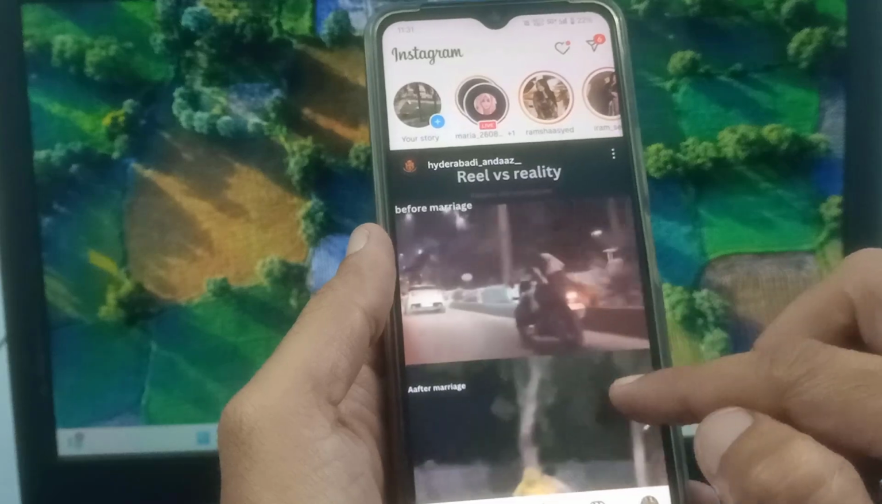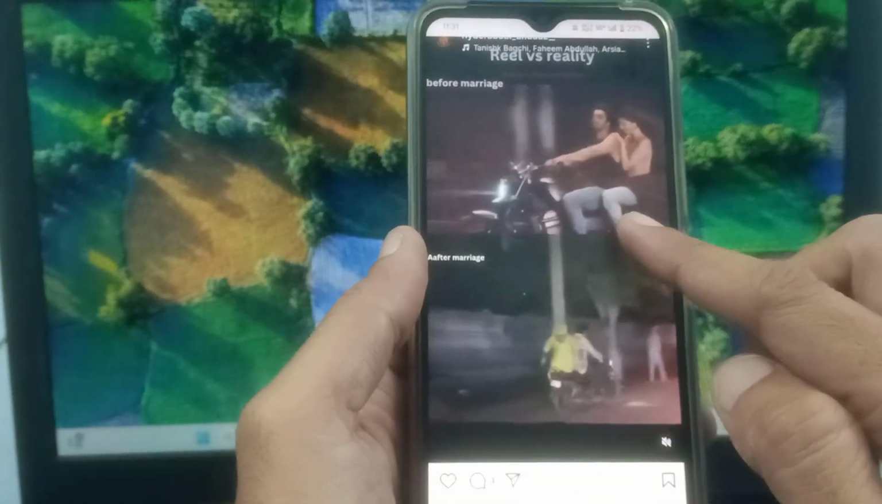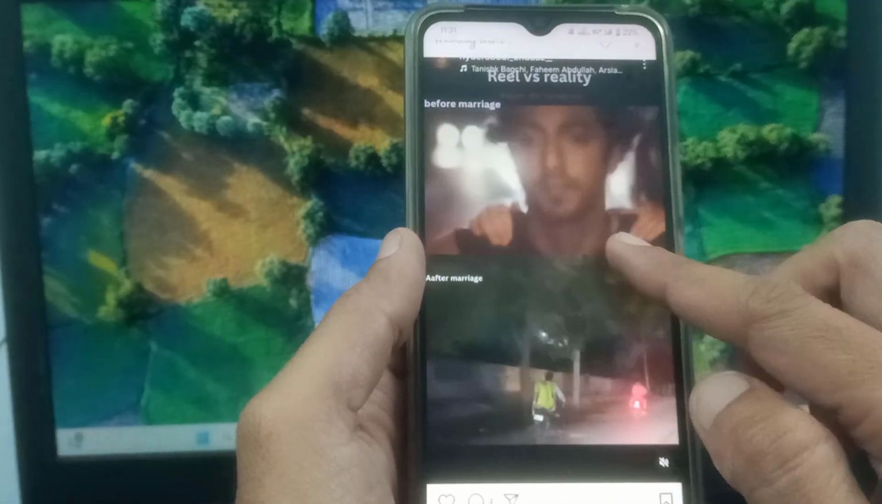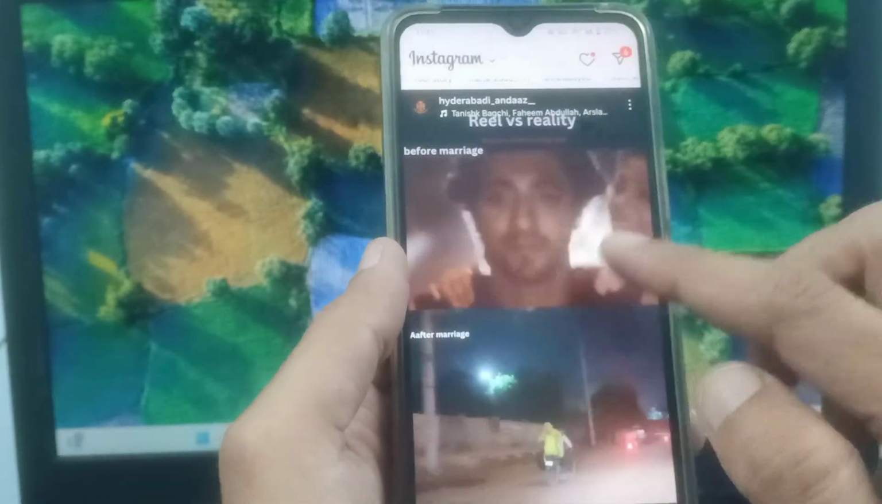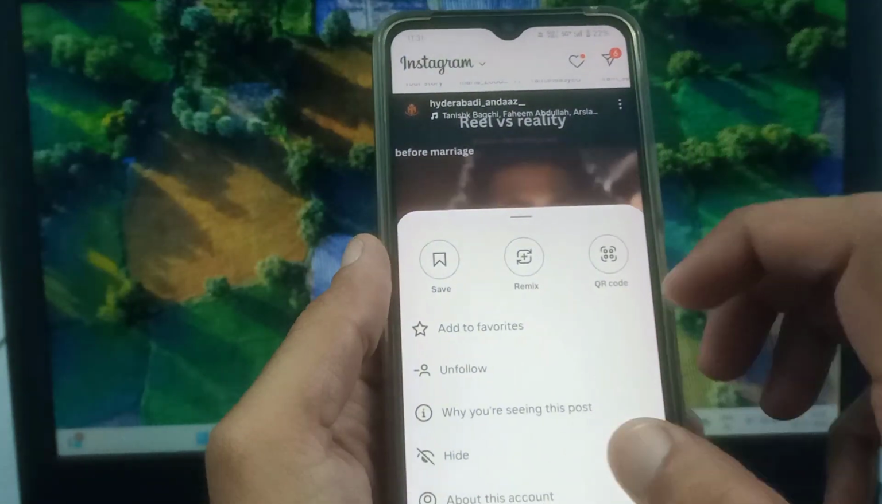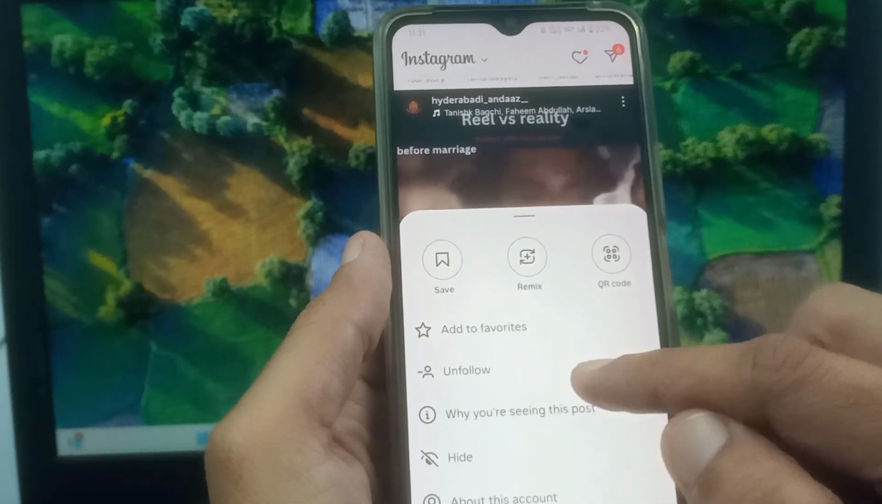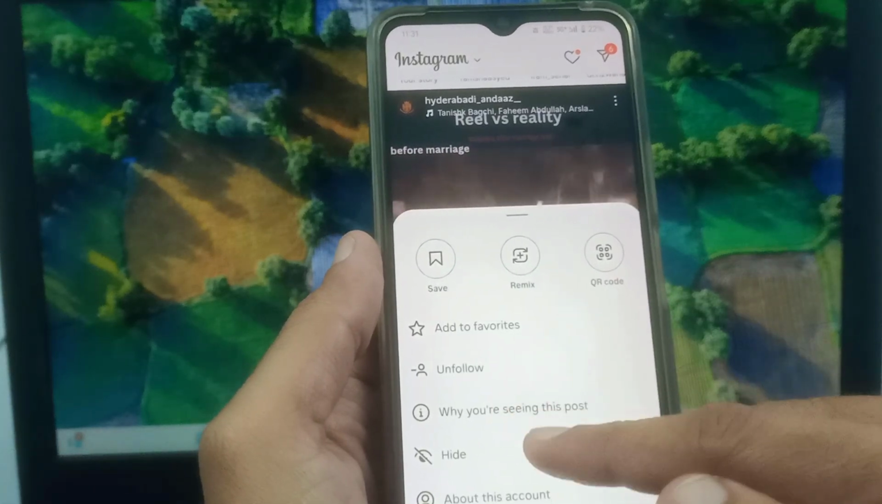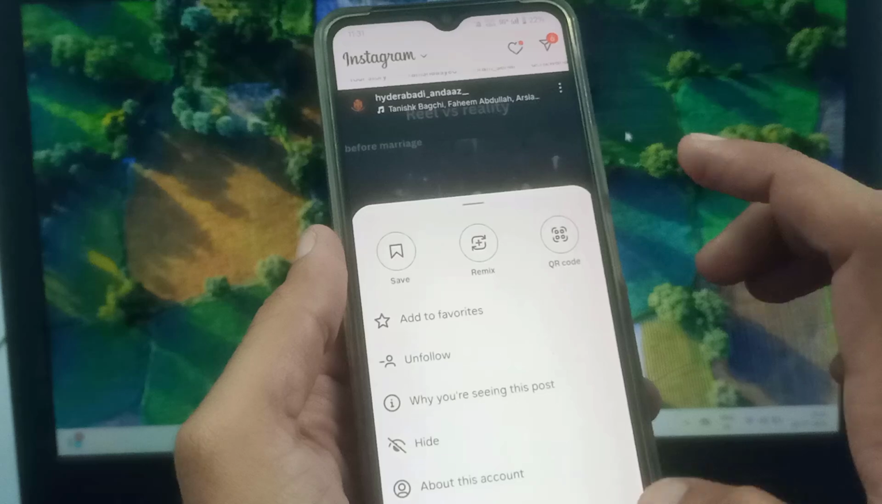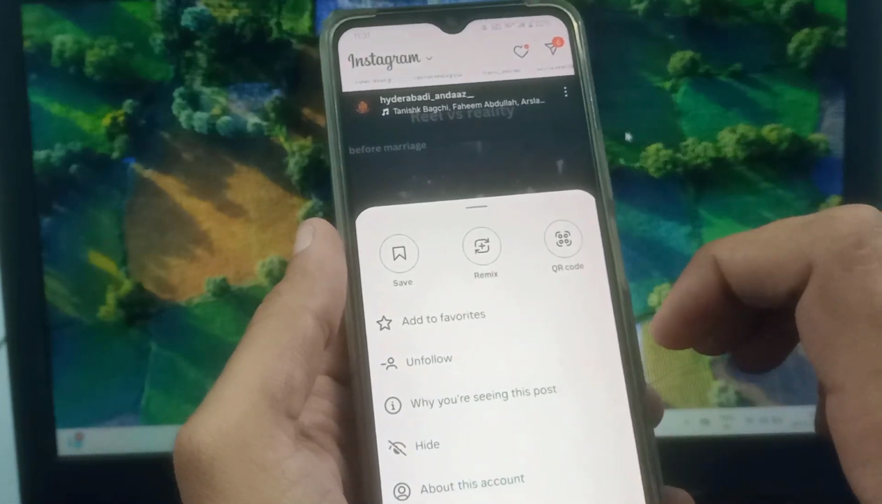Just play any one of the reel. And tap on this three dot and take the screenshot of this where you are not seeing auto scroll option. Just take a screenshot of this,